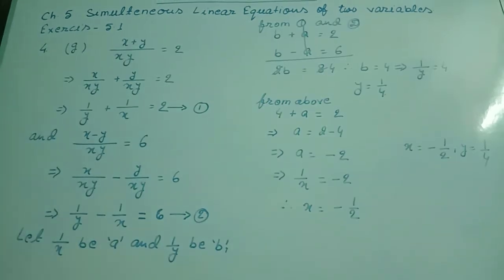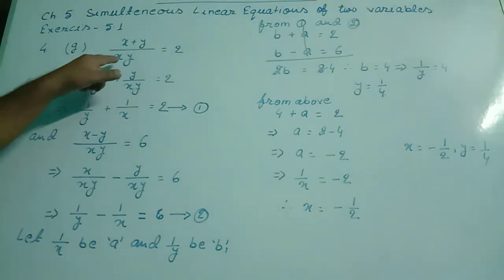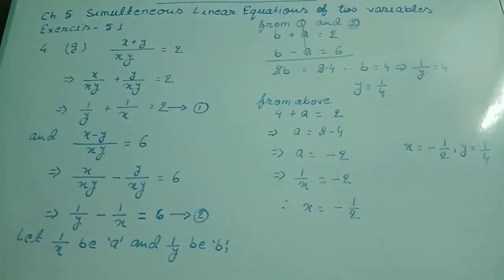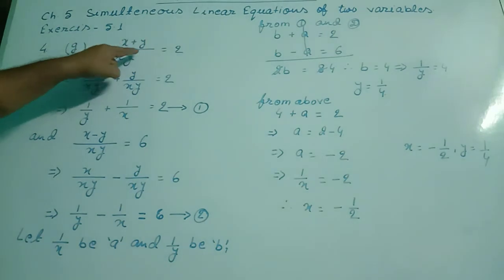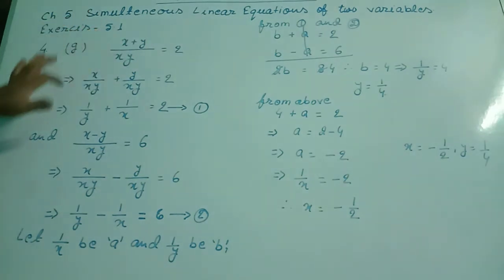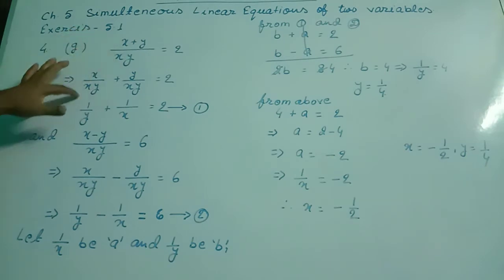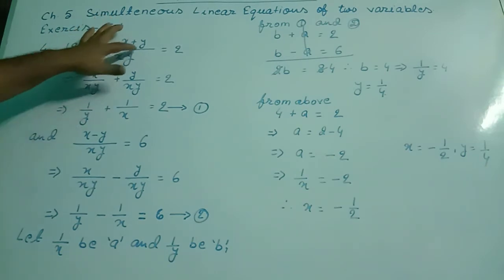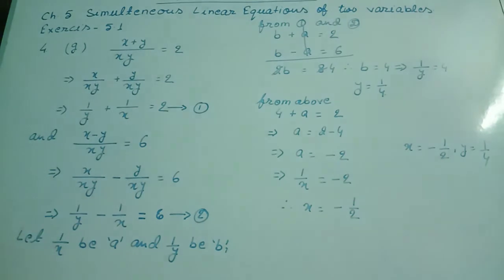Question number 4G. Simultaneous linear equations are (x plus y) by xy equal to 2 and another is (x minus y) by xy equal to 6. This is not in the form of linear equations. So for that I have separated these two terms by dividing by xy. We can write this expression as x by xy plus y by xy equal to 2. So this x and this x cancelled, 1 by y plus 1 by x equal to 2,